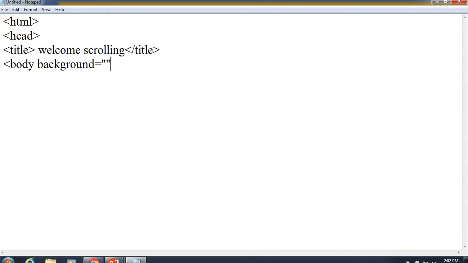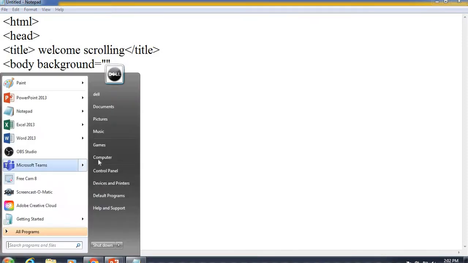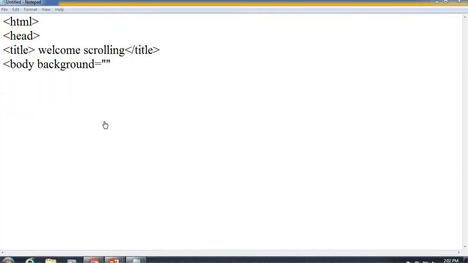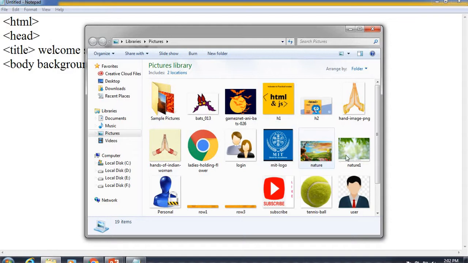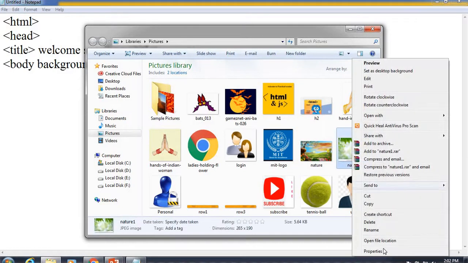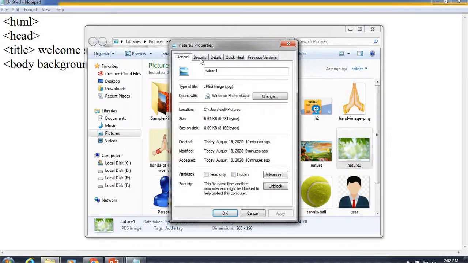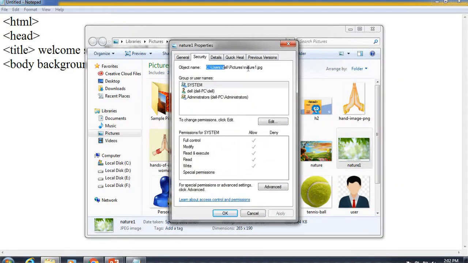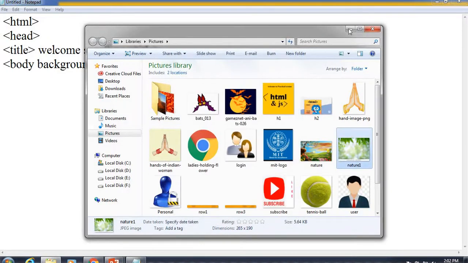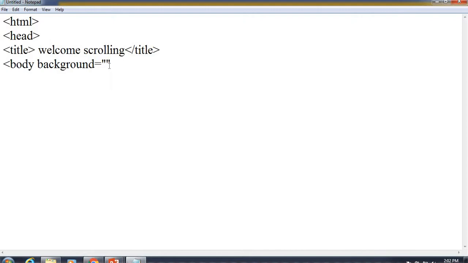For example, I am going to add one of the images here. I will add the path for this. So this is the path I am going to add on the web page, the path for the background.